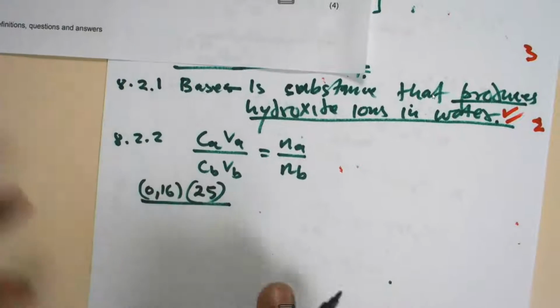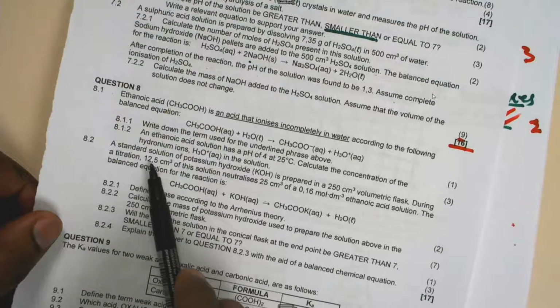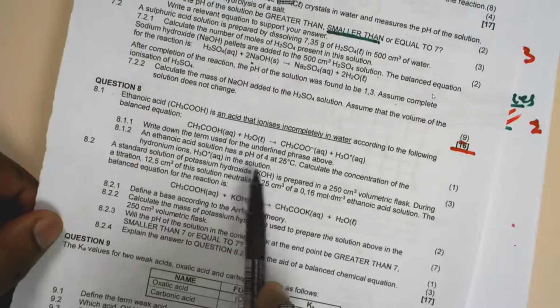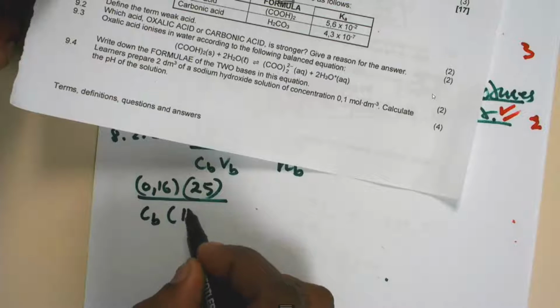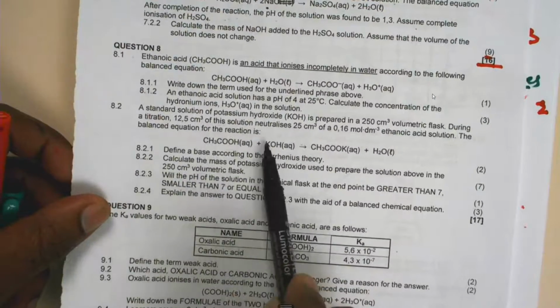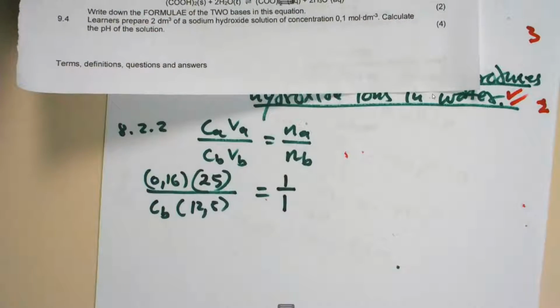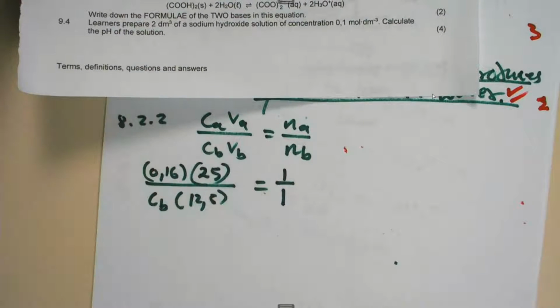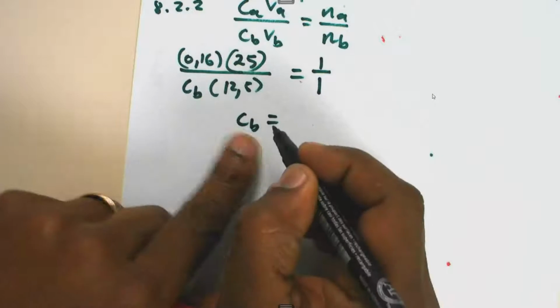Now divided by, do I have the concentration of the base? I do not have the concentration of the base, but the only thing I know is that 12.5 centimeter cubed of this solution was used. So I don't have CB, but I have now the 12.5. Do I have the balanced chemical equation? Yes, I have the balanced chemical equation. So from the balanced chemical equation, it's easy for me to see that the molar ratio is 1:1. So when I do the calculations and solve now for CB, CB is equal to